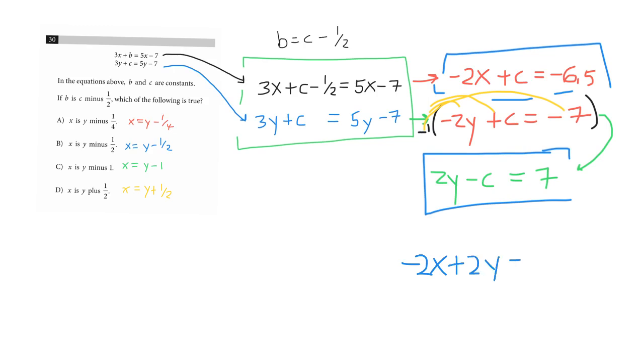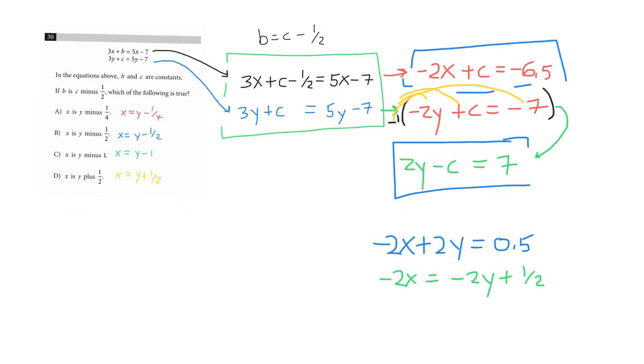There aren't going to be any c's because they canceled out, and you're going to have negative 0.5, also known as 1/2. Now, each of these answer choices feature x by itself, so let's get x by itself. We could do that by subtracting 2y from both sides, and we would end up with negative 2x equals negative 2y plus 1/2, 0.5. I'm going to call it 1/2 for now because I see a bunch of fractions like 1/2 and 1/4, so that makes me think that maybe I might want to turn this decimal into a 1/2 now. And from there, we would want to get x by itself because all the x's over here are by